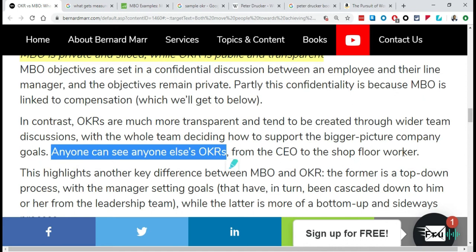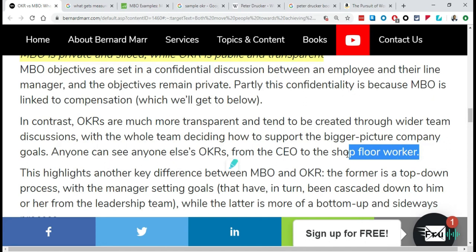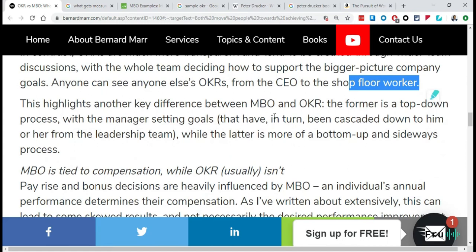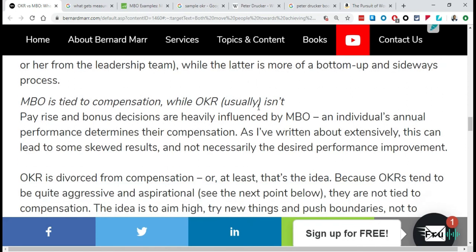Well, those are the same objectives of the shop floor worker or of the janitor. So now, if they know they're all sharing the same objective here, they can work towards something common. But if the janitor has no idea that the CEO cares about clean floors, they might just not really be hitting on that objective or key results as much as they could. So very important from a transparency perspective, and that kind of cascades down to the individual teams.